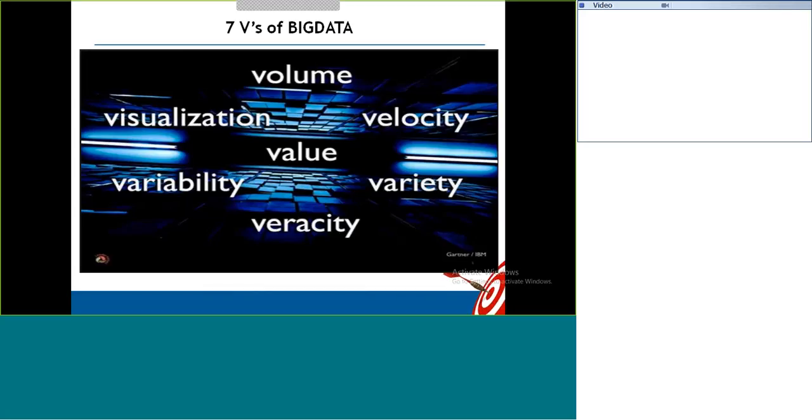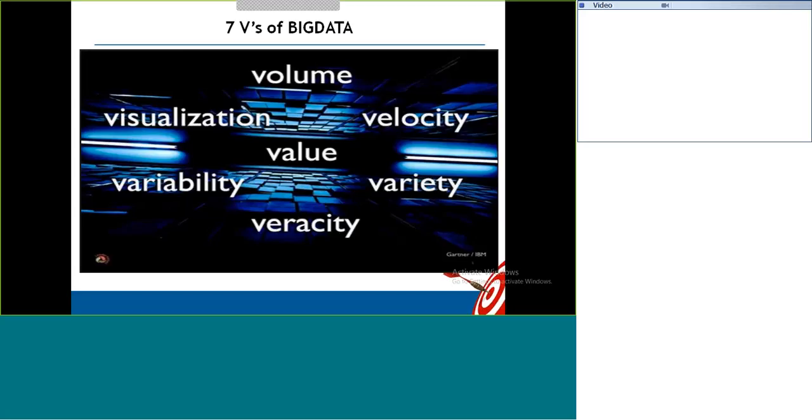And then the veracity of the data. The veracity, meaning the accuracy of the data, is a big challenge when you are dealing with very, very big data. Then value: taking the value out of that big data is also a challenge. Variability of the data: the patterns keep changing. You are expecting a pattern in the data that is coming, but it keeps changing at regular intervals, so you cannot imagine what is happening. If you use traditional systems, your system hardware is a big challenge, and you have to think about other alternatives.